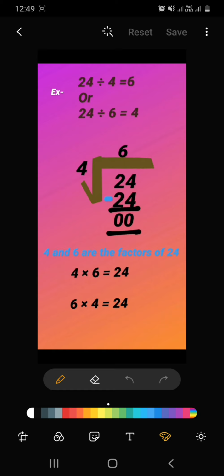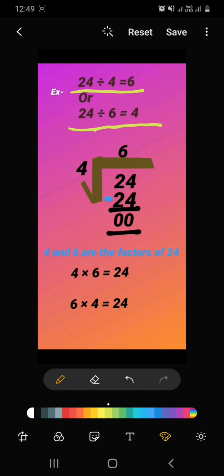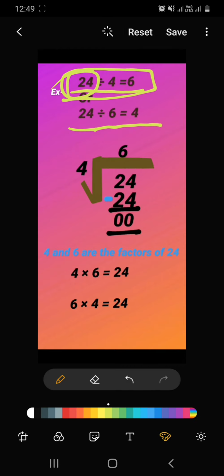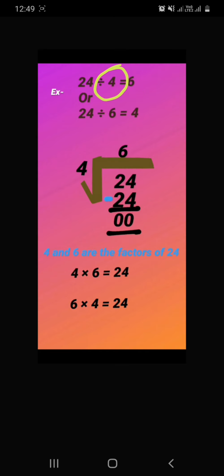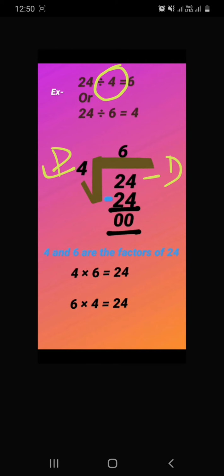Children, I have taken another example for you, and in this example you will come to know one more important point about division. So the example is 24 divided by 4 is equal to 6. और इसको हम लोग कैसे भी लिख सकते हैं, 24 divided by 6 is equal to 4. Okay, so first of all we will see this example. 24, the very first number we have to write inside. तो पहला नंबर हम लोगों ने अंदर लिख दिया, and the second number we will write outside. It is the divisor. ये dividend है, ये divisor है.